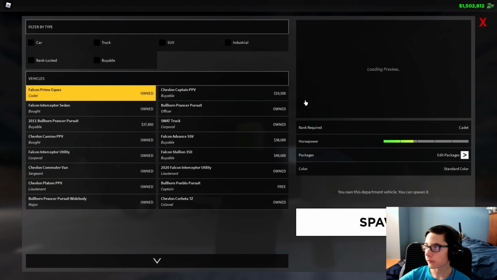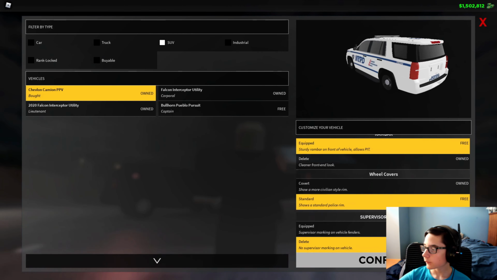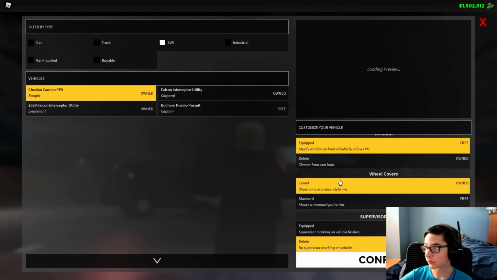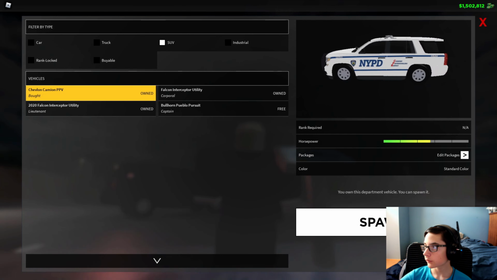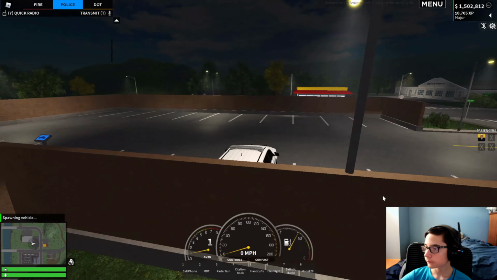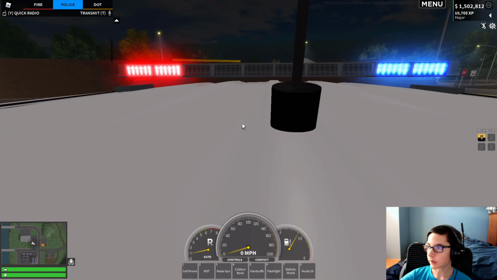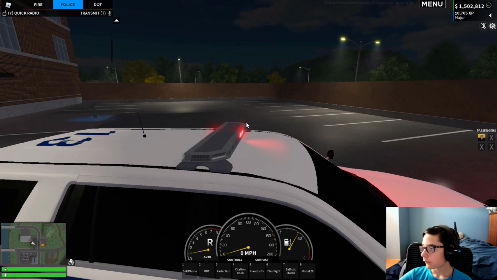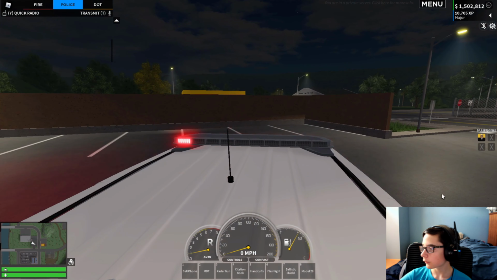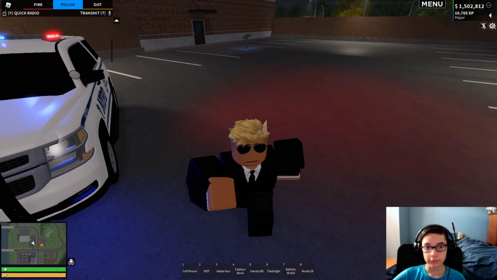So let's spawn in one marked vehicle so we can take a look. Oh, I didn't know it doesn't have to be undercover to convert the wheels, so that's pretty cool. Okay, now we have this, and as you can see, the lights are way brighter. I mean, the lights way cooler. I can't wait to see this being used. That's just so cool. Okay, let's move on to the next part of this update, which is on the fire